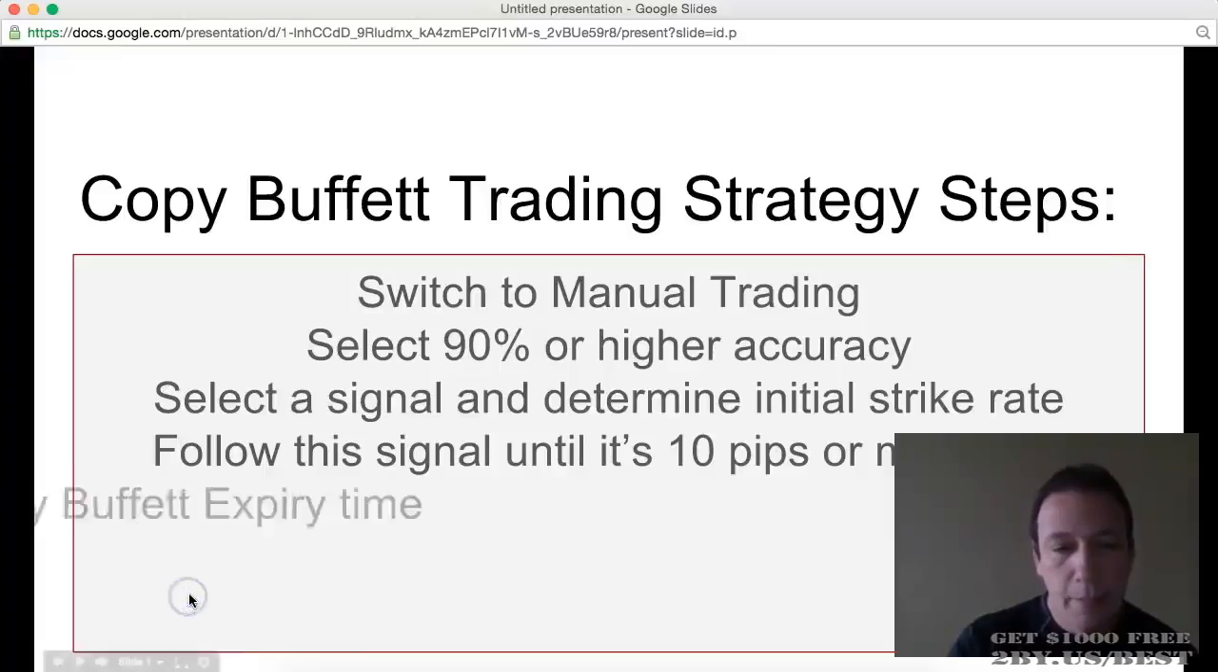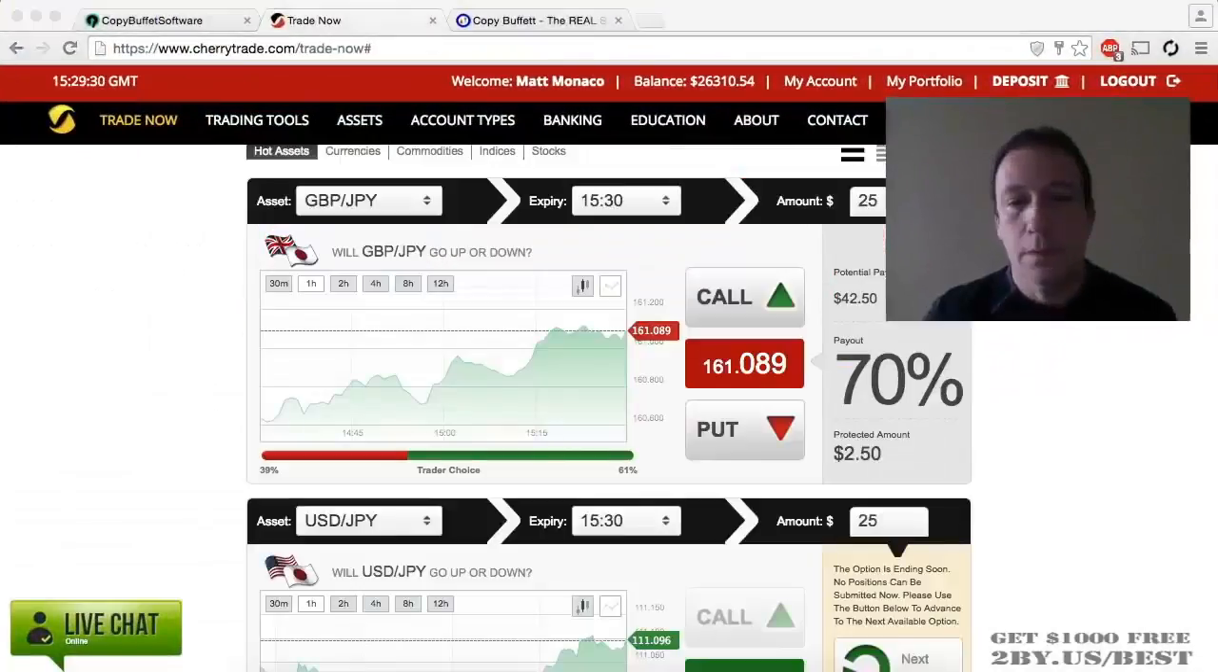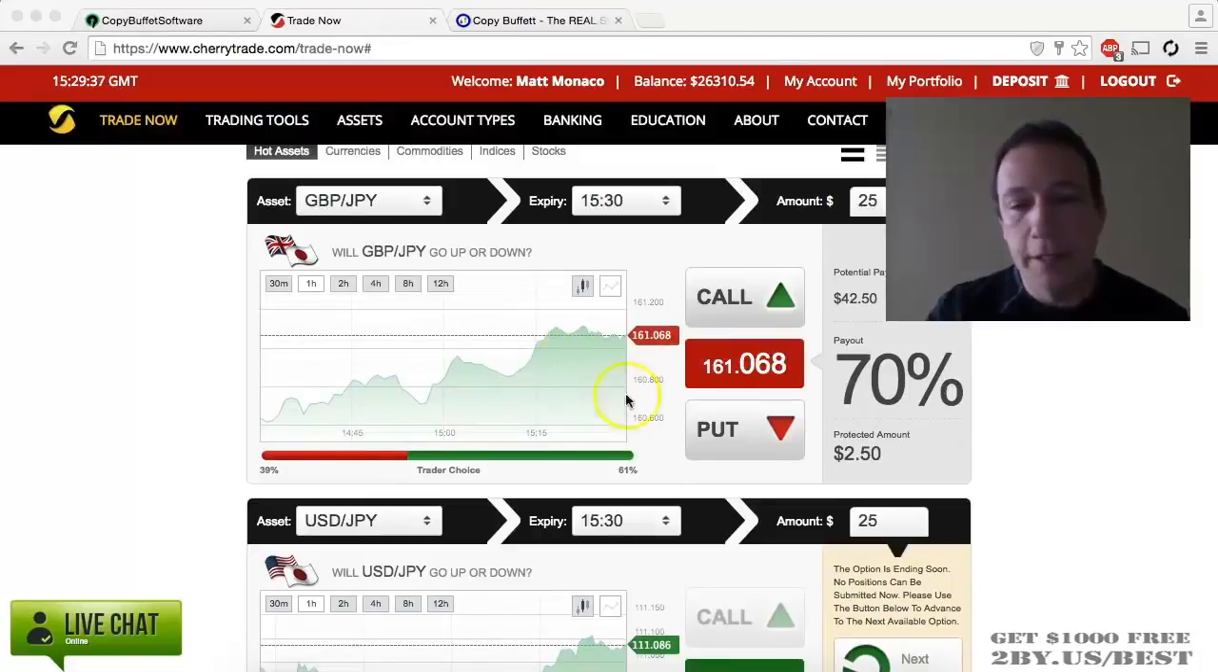Once we get to that point, we place a trade at the Copy Buffett expiry time, and then we wait and see if we have profited from the trade. Okay, so we're nearing the end of the trade. As you can see, we're just under 30 seconds left, and it's going to most likely for us be in the money. For the Copy Buffett auto trading